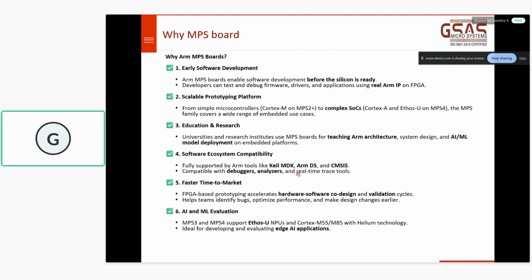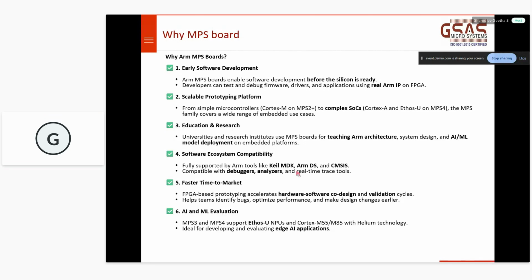So MPS3 and MPS4 boards can be used for AI applications. Helium technology was implemented in Cortex-M55 and M85, processor cores released by ARM specifically targeted for AI and ML workloads.